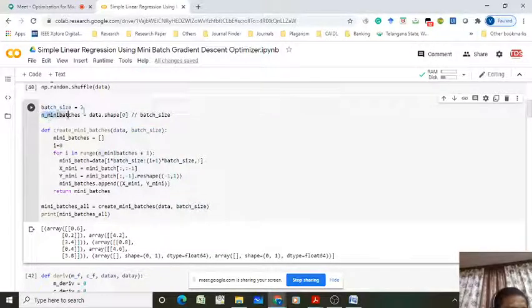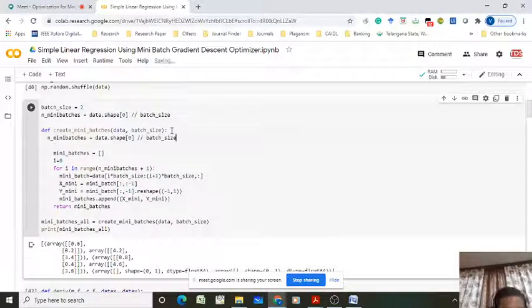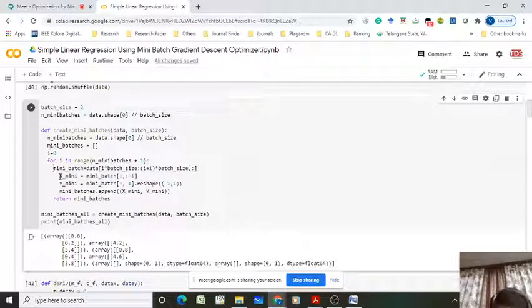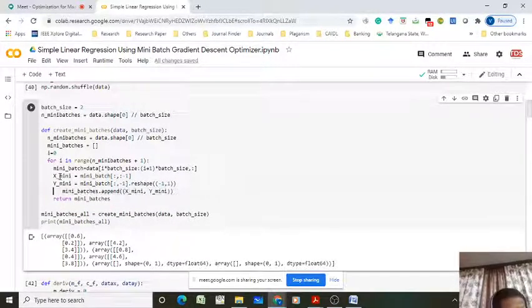Sorry, it is getting late. Maybe this is the reason for the wrong output, one of the reasons. So you have to pass the data and batch size, and you have to calculate the number of mini batches.